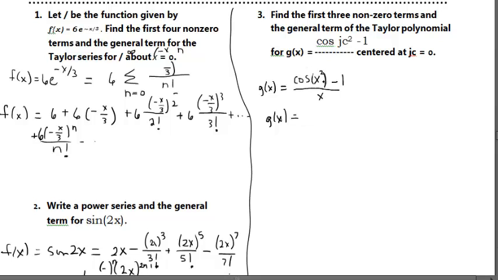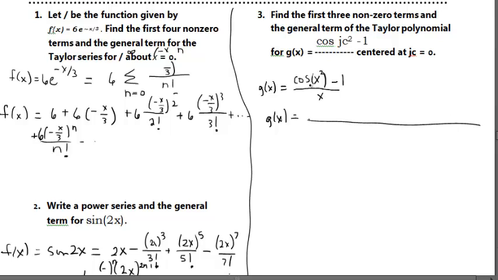Okay, it just looks like where cosine x squared is, I'm going to use the parent series for cosine x. Looking up above, seeing that cosine x's parent series is given, everywhere I see x, I'm going to replace it with x squared. So maintaining the structure of the g of x function,